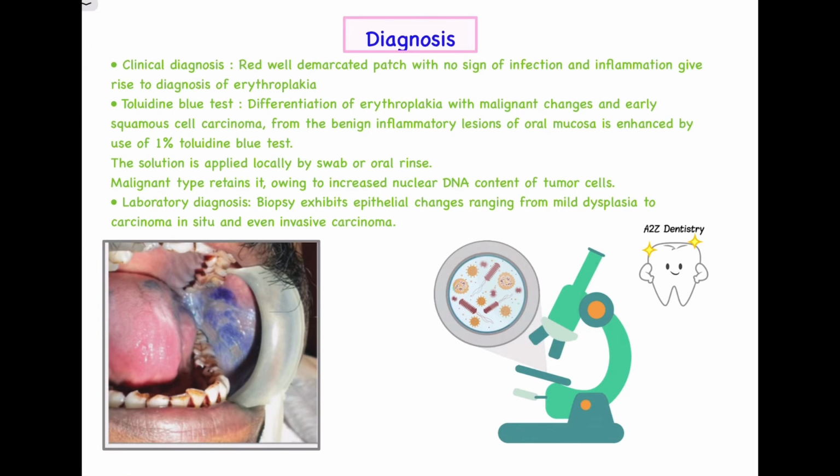Now one of the tests would be for Candida albicans. If the patient complains of burning sensation, definitely we can have a check for Candida albicans as well, right? So once our Toluidine blue test comes positive, then we should go for a biopsy to check for the extent of the dysplasia which is present.